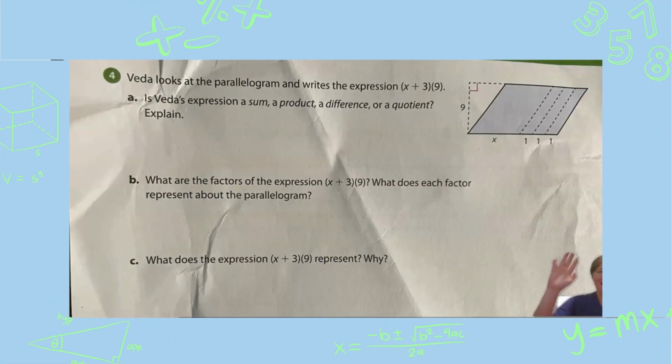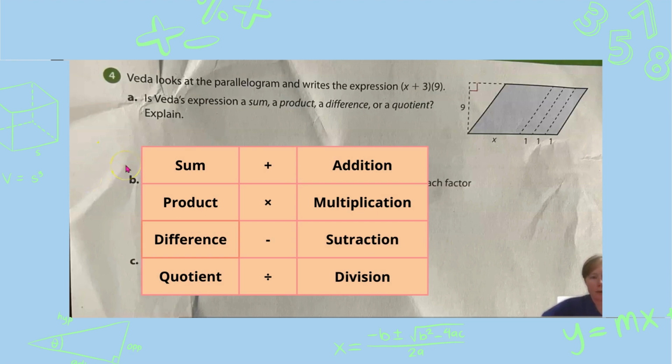Let's go. Okay, Beta looks at the parallelogram and writes the expression x plus 3 times 9. Is Beta's expression a sum, a product, a difference, or a quotient? And explain. So we need to make sure we understand the terminology here. As a quick review, a sum represents addition, a product represents multiplication, a difference is subtraction, and a quotient is